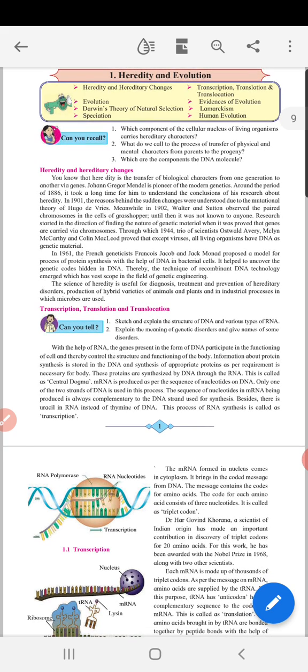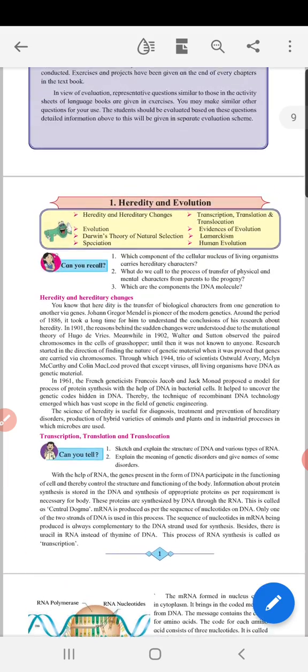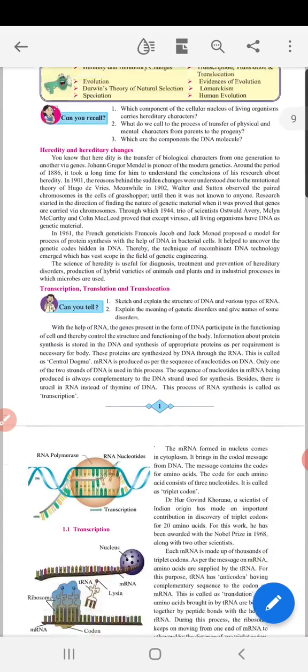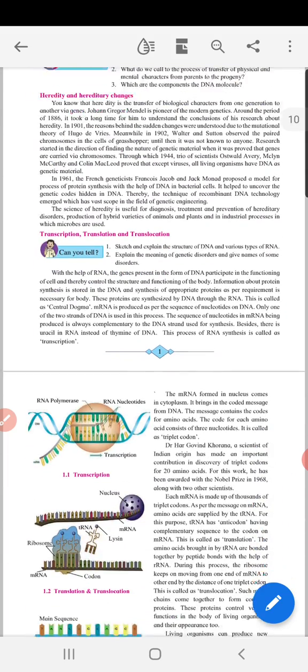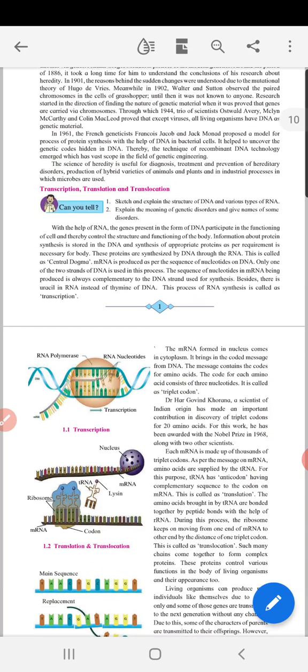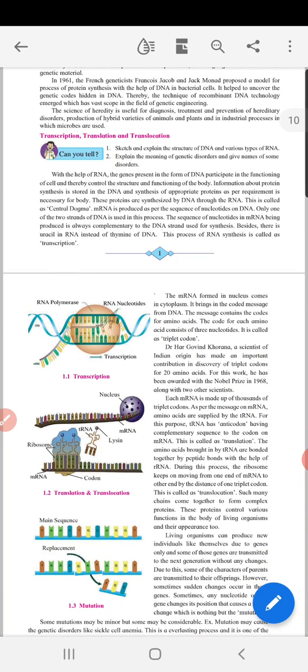So let us see the topics, the things which you are supposed to do. Actually, everything is important, whatever is given in your textbook. And as it was told to you, for MCQs, you are supposed to read each and every line of the chapter. So if we talk about chapter number 1, Heredity and Evolution, the definitions of transcription, translation, translocation,